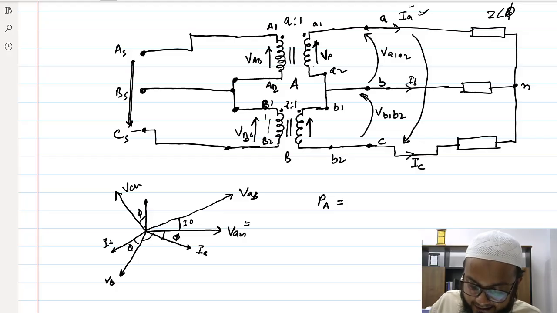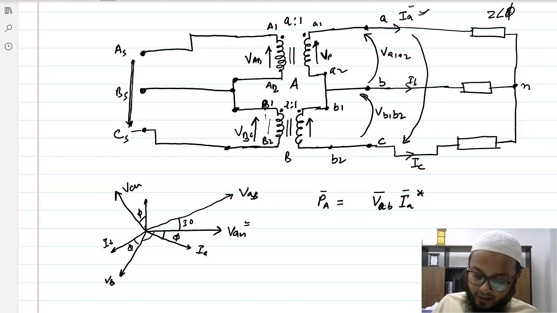So let's say that is VAB, obviously in the vector form, and IA conjugate. So IA conjugate means what is the angle of IA here, and VAB. So if you see in this system, if VAB is at an angle of 30 degrees, so we can write the magnitude of it,